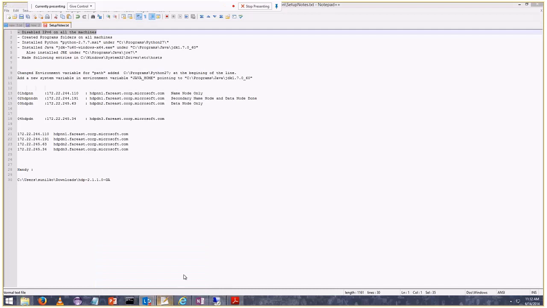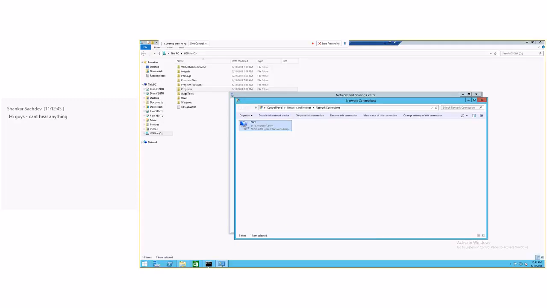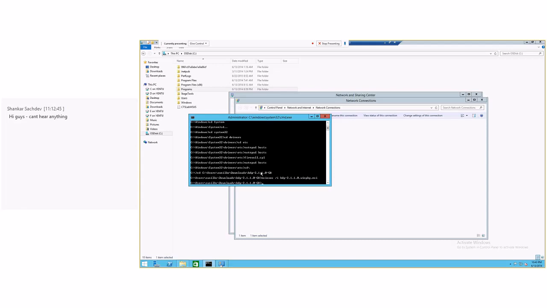Okay, I'll just quickly check. Okay. So I disable all this, and I have created program folders on all the machines, installed Python, installed Java. Okay, and this is another important thing. The last setting that is required is I go to